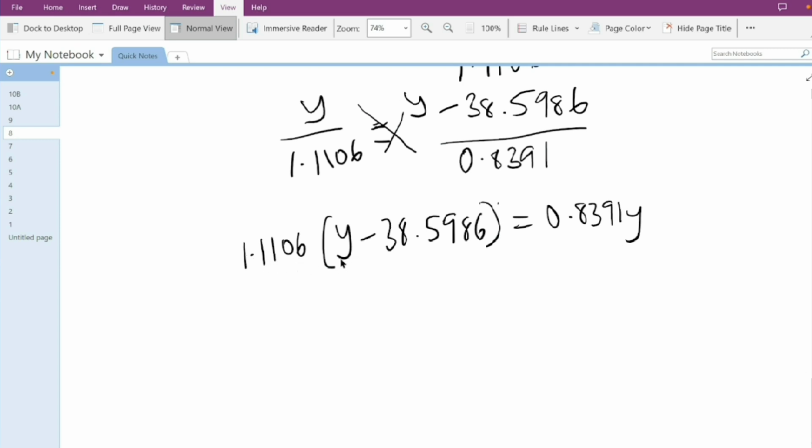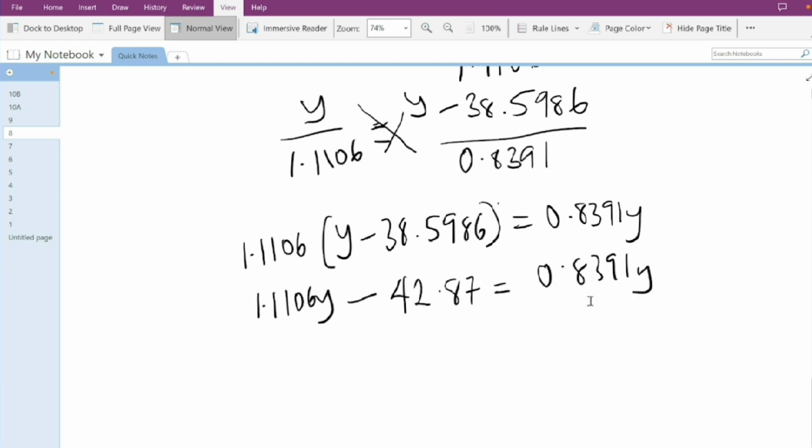1.1106 times y is 1.1106y. It's like 2 times y is 2y. Then 1.1106 times minus 38.5986. Put the minus first, then multiply these two decimals. You get approximately 42.87 equals